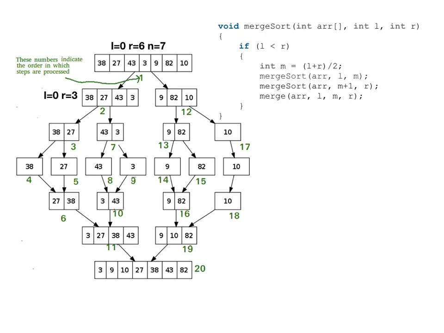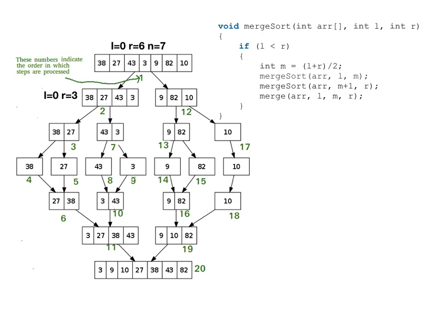So this process continues until you get the final sorted output. If you look at the numbers mentioned out there, 1, 2, 3, 4 and so on, that's the order of splitting which has taken place. So first split, second split, the third split is 38 and 27. Then next the merge will be called, 4 and 5 will be merged.